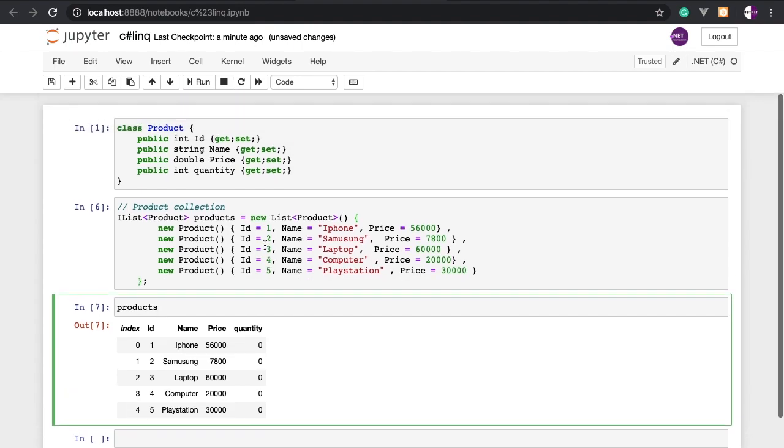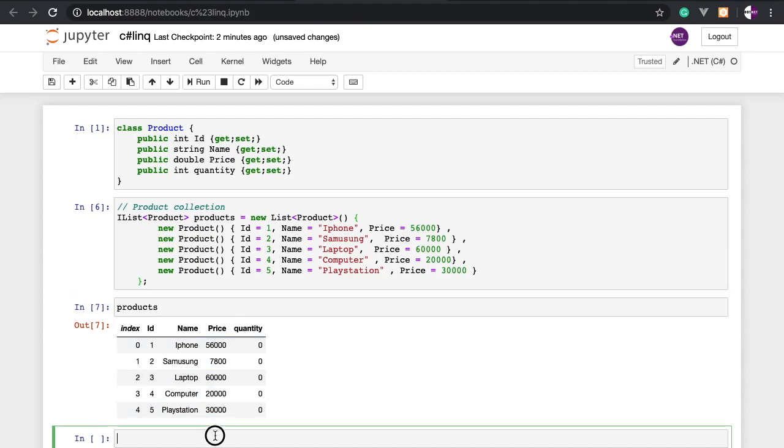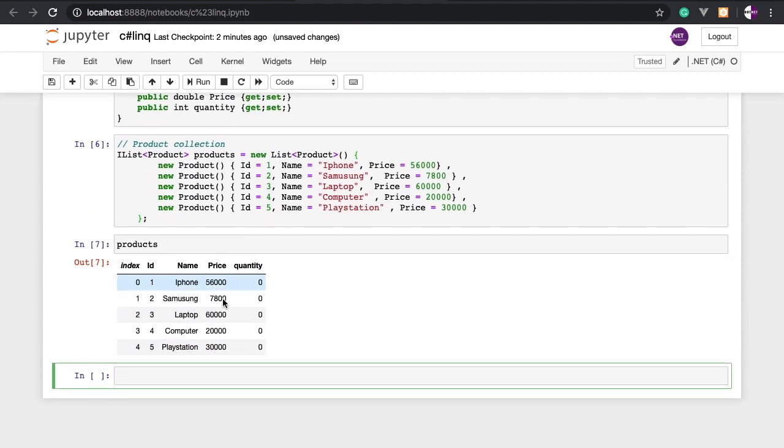You haven't seen C# line by line until now, because you might have seen .NET or C# in Visual Studio or Visual Studio Code as a project folder, but you haven't experienced this REPL way of programming. So let's explore how to make use of LINQ this way, because this will be very interesting. Until now we just learned about select, and now we are going to explore all, any, and